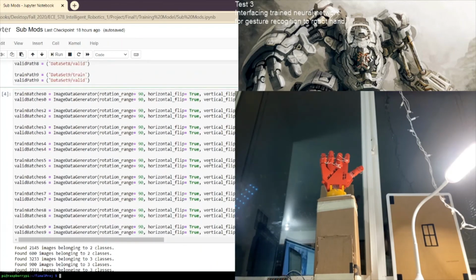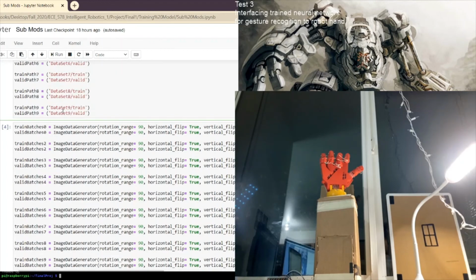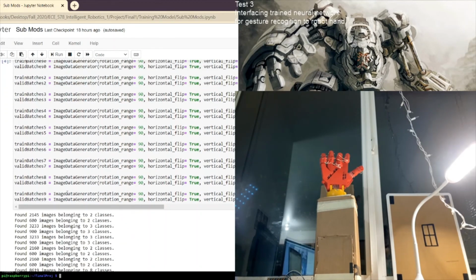Once this is executed, you can see it finds two classes for 0. Okay, so we were considering the OK gesture, and it was predicting around four of them to be wrong.